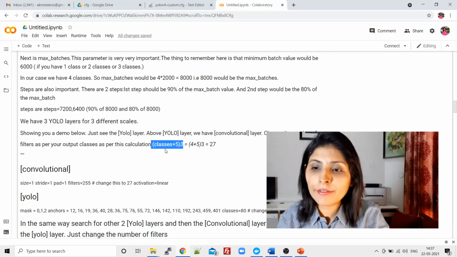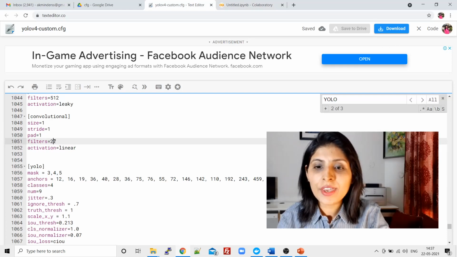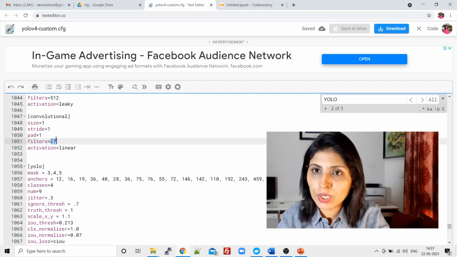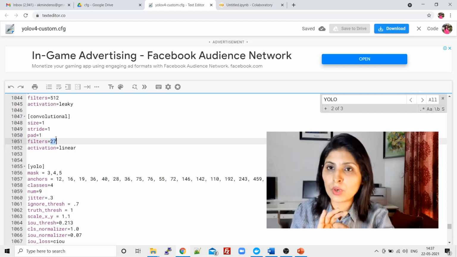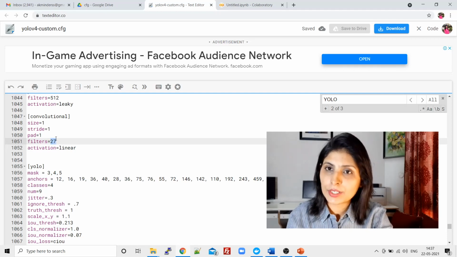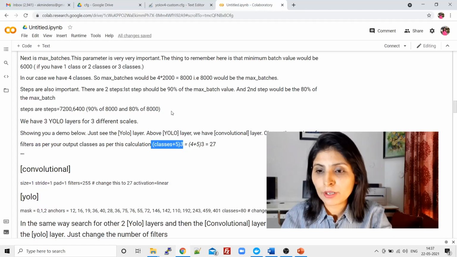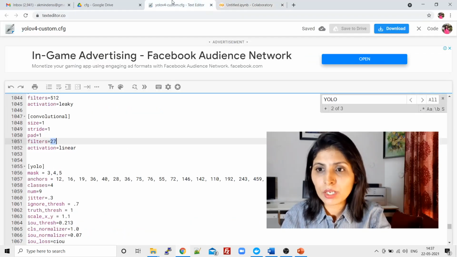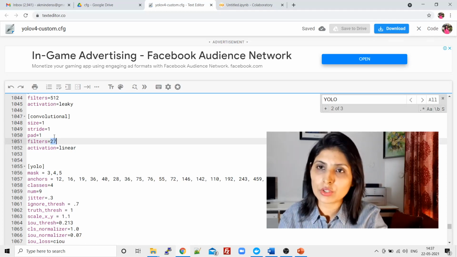So how many classes do we have? 4. 4 plus 5 is 9. 9 into 3 is 27. So that's why we have 27 filters over here, just above the YOLO layer. And how many YOLO layers do we have? 3. So you have to find all the 3 YOLO layers, and above every YOLO layer, the number of filters should be 27. And how do we get this 27? We are doing classes plus 5 into 3. So I have performed the same changes for the other 2 YOLO layers also.